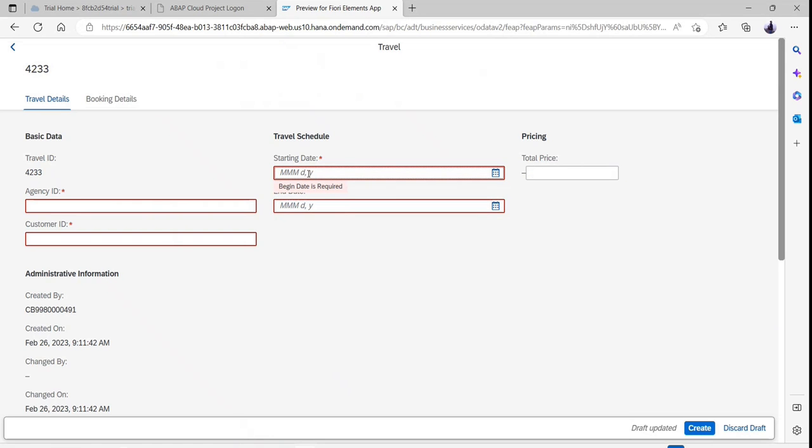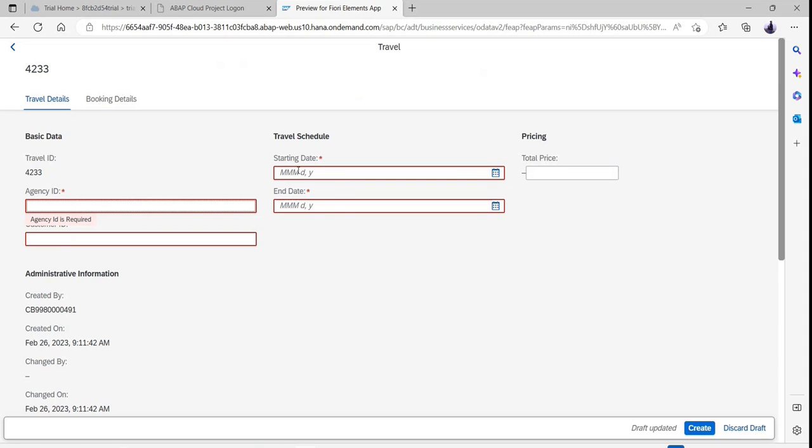Then in that case, definitely I can expect one more error coming on either of them or both of them. So in that case, or let's just say agency ID is required, that's true. Or let's just say there can be some combination which are not allowed. Definitely there are pretty good chances that you might end up getting more than one error message on